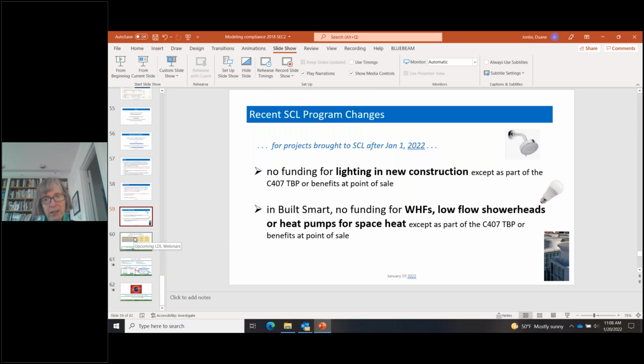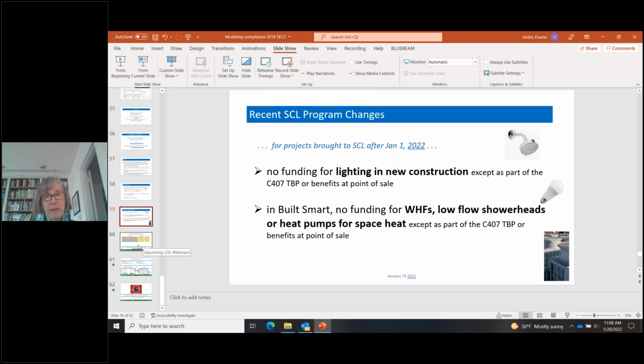The calculator that we've drafted is now under review by PNNL, the people who wrote the compliance form, just to make sure that what we're doing is accurate and reasonable. So as I say, I'm hoping that in a couple of weeks we'll have that tool ready, and then certainly we'll be ready to test it on a few projects before too long.